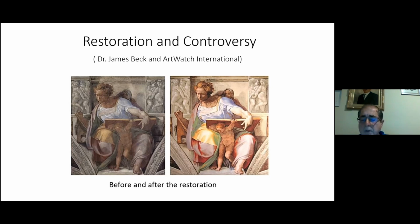I did not know too much about the restoration of the Sistine Chapel when it started, because I was involved with my job and I was very far away from the art world. But I ended up working in the States in the late 80s, and I ended up having a PA in my office that had a particular connection with